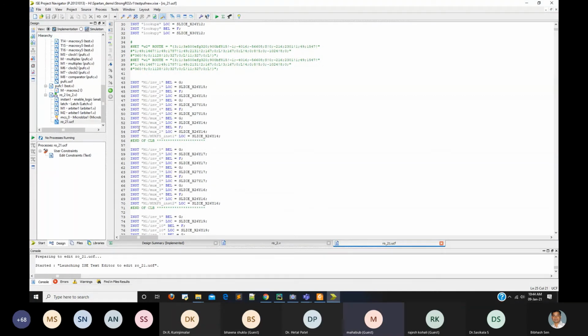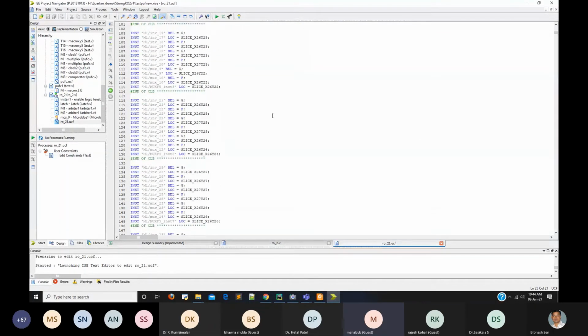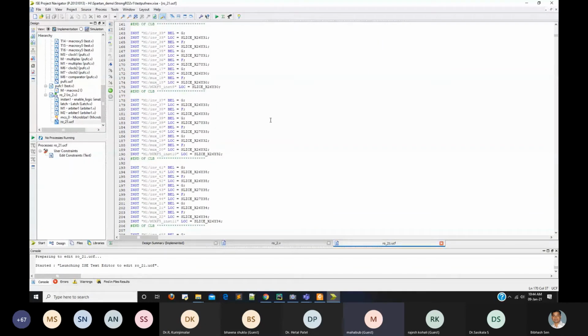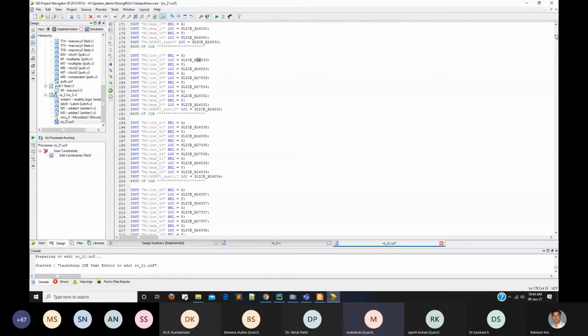With this, you tell the software to place the path in the exact location. These large constraints, you can actually generate automatically. You need to first generate the constraints for a particular PUF, then using that you can create the constraints for another PUF, because these are symmetric, only the placements are different. See, this is slice 2631 and this is 2633, like this. This is a long list, I think.